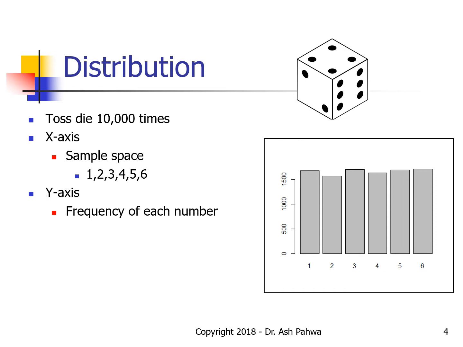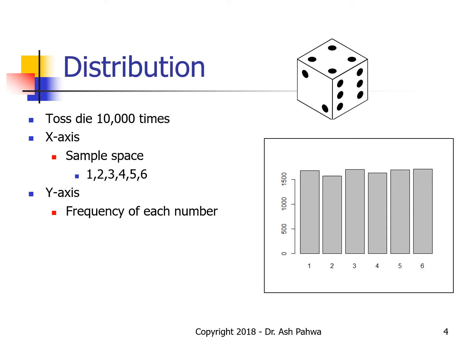Now let us take an example of distribution. Suppose we have a die that is one of a pair of dice, and we toss that die 10,000 times. In this case, the sample space is going to be 1, 2, 3, 4, 5, 6, because there are only 6 possible outcomes based on the design of the die. When we roll the die, we get either 1 or 2 or 3 or 4 or 5 or 6. We can assume that the frequency of these numbers appearing would be even. And if we do the simulation, we are going to find out that number 1 is going to appear 10,000 divided by 6 times, which is approximately